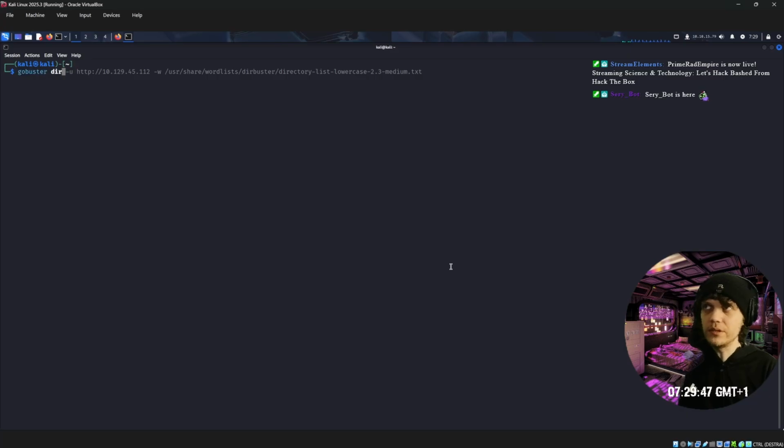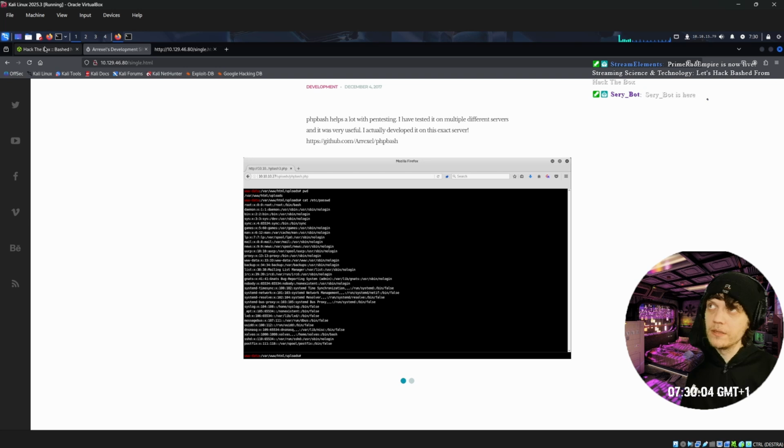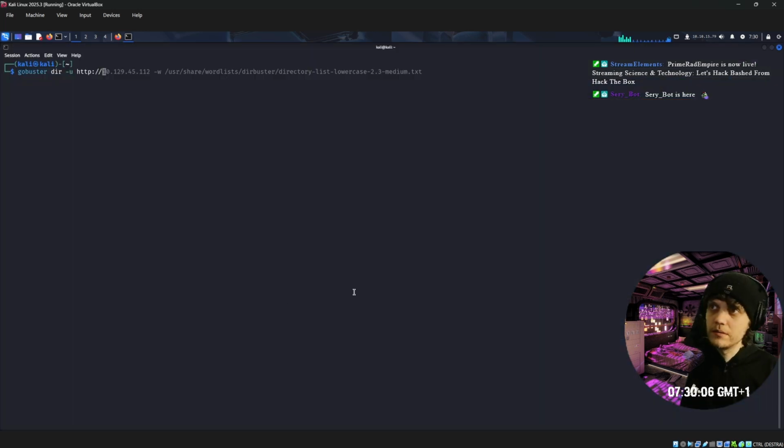So, GoBuster, dir for directory enumeration. There are many other modules that you can use with GoBuster, which is very cool. Another reason to love it. Ctrl-Shift-V, there you go. Now -u is to define a URL, of course. -w for a word list to use. We already saw that